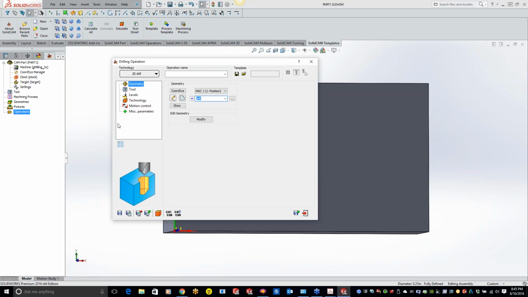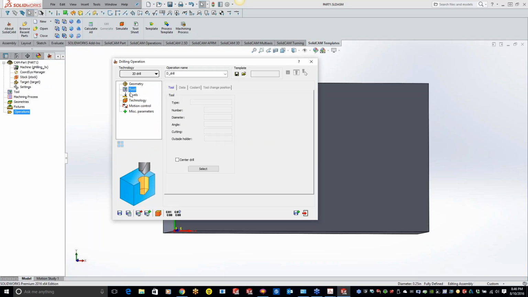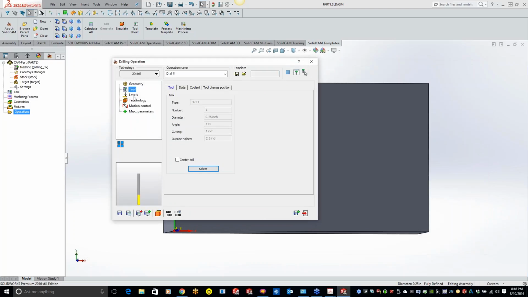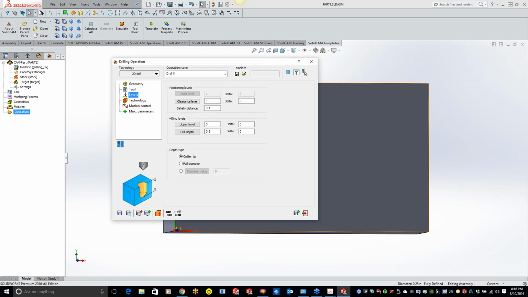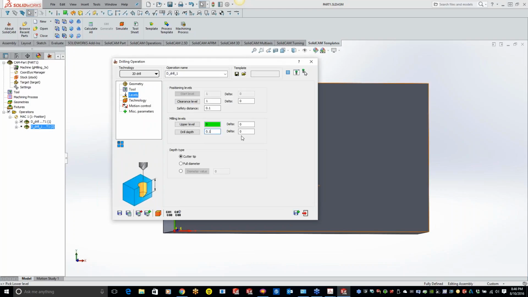Okay, so we are going to do a drilling operation without being able to use the pecking cycle here. It's going to be a little bit cumbersome, but once you have it set up, it's going to be easy for you. So we'll grab that 1/4 inch drill, hit OK. Our upper level is going to be 0. We'll do tip, and let's say we want 100 thou pecks, so I'll do 0.1. Now I'll save and calculate, make a copy, and come to my levels and say 0.2.